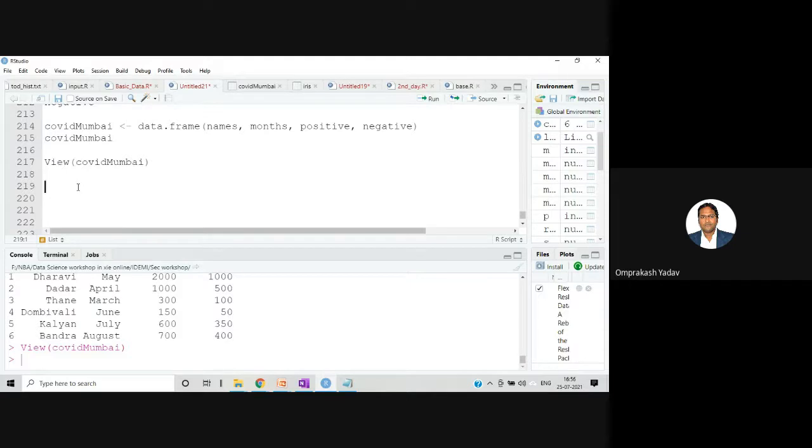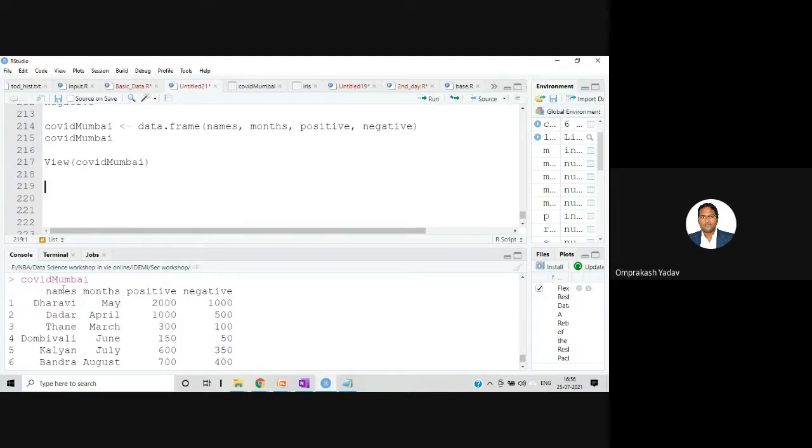Now suppose I want this particular column to be displayed. How can I display that? Remember what our data set variable name is. COVID Mumbai. So I'll write the name, then I'll put the dollar sign. The moment you put the dollar sign, all the columns will be displayed over here.